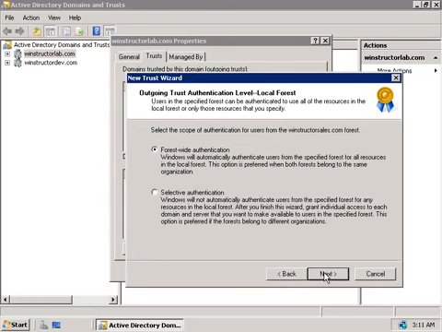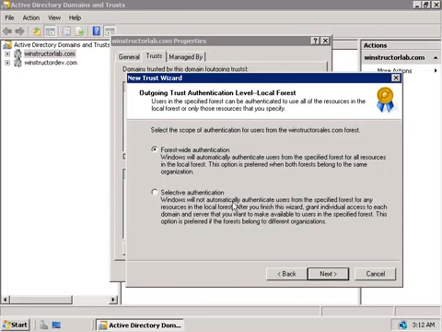Now, when we create this trust, what sort of access do we want to allow Winstructor Sales to have in our forest Winstructor Lab? Well, we could choose from forest-wide authentication, which simply means that we'll allow them access to any domain inside our winstructorlab.com forest. Or we can choose selective authentication, where we'll need to explicitly define which servers in which domain that users in the Winstructor sales domain have access to. Now, if there are specific servers in certain domains that you only want users gaining access to, then you'd want to choose the second option here.